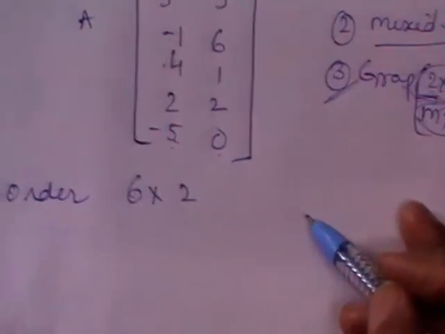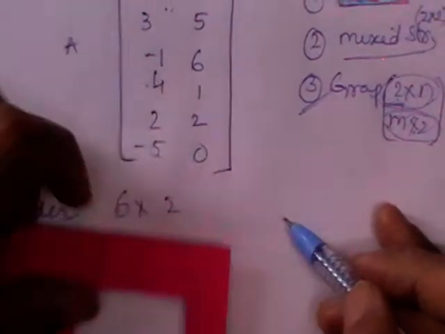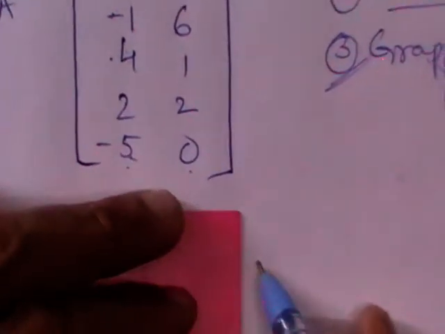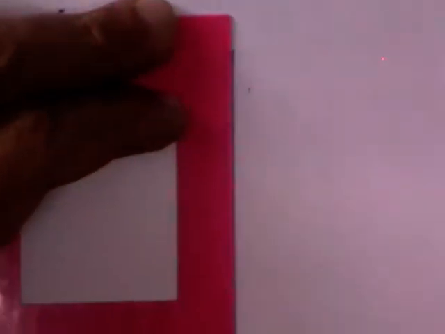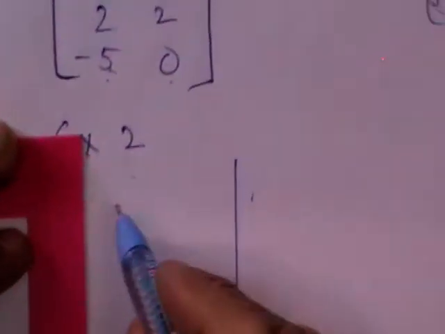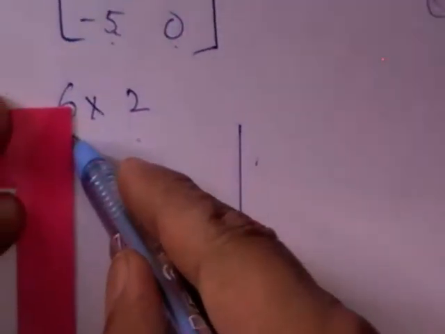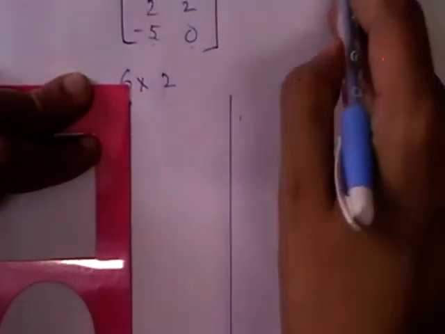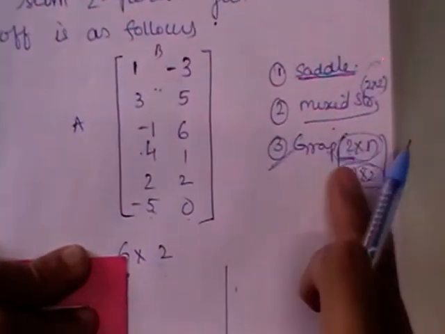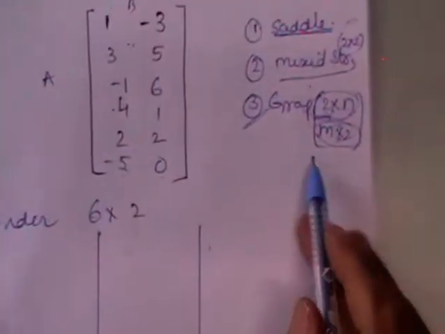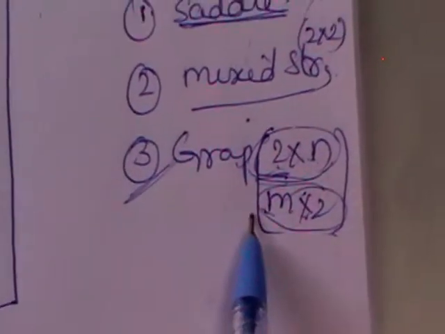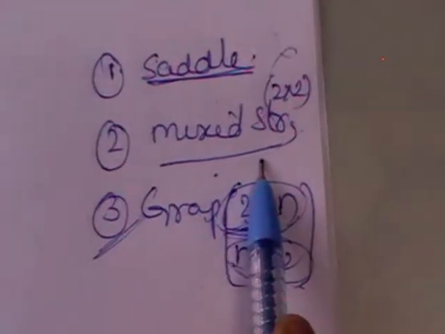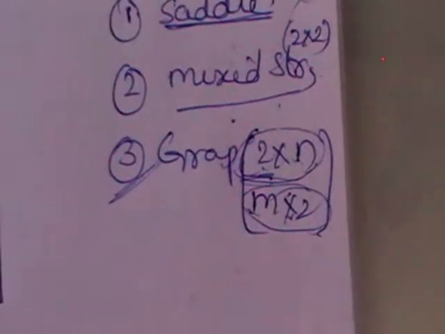Likewise in the previous one, we'll convert this m by 2 matrix into a 2 by 2 and we are going to use the mixed strategies method. Got it? Here we use the graphical method in the first stage and then convert that into mixed strategies, and we will use the mixed strategies to obtain the optimum strategies.